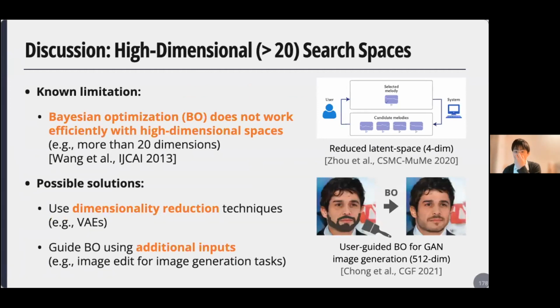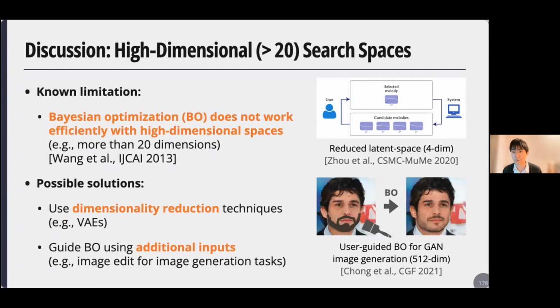It is known that Bayesian optimization does not work well with very high dimensional spaces, for example, with more than 20 dimensions. This is a known issue. I'm not sure whether some theoretic analysis exists about this issue, but anyway, we have to avoid applying BO directly to